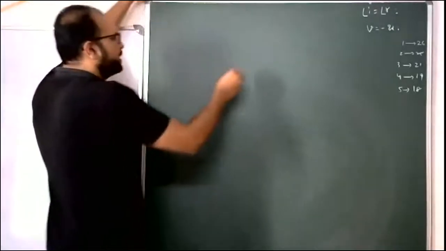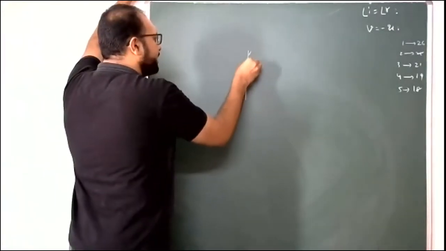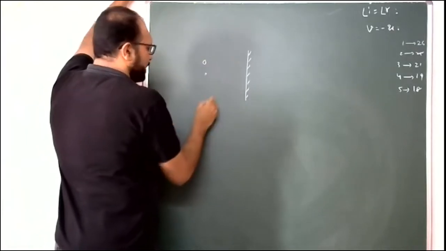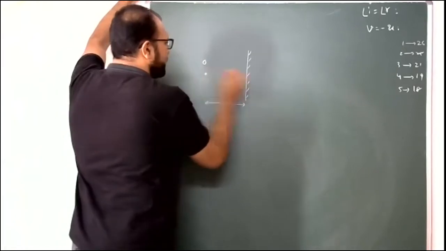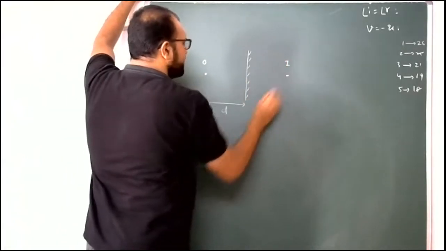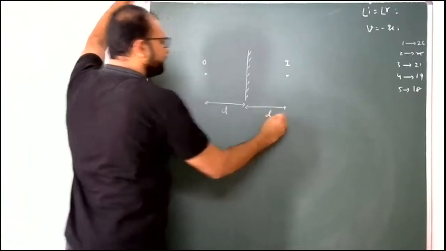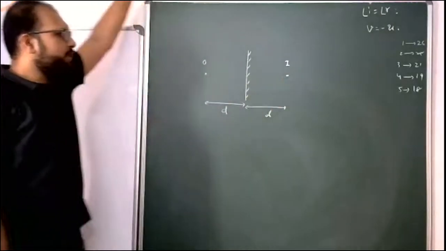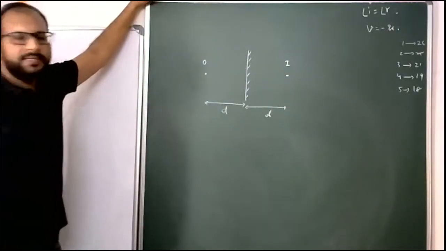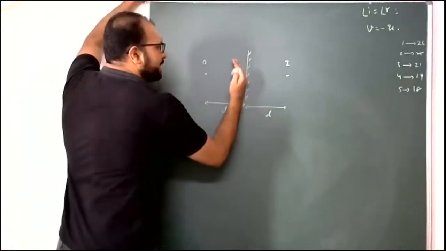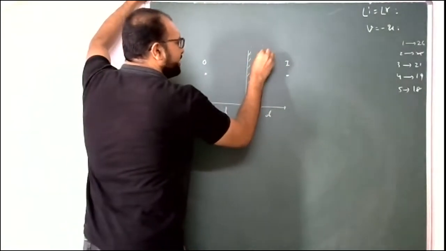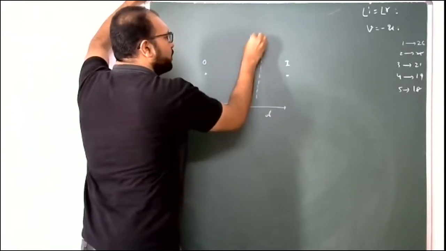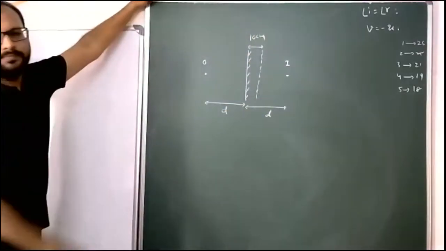Just wait. Students, here is the plane mirror's original location. This is object O. Distance is d. In the same way, the image is formed at the distance d. Object distance d, image distance also d, students. Later, what happened? This mirror moved 10 centimeters away. This is the new location of the mirror. Here to here is 10 centimeters.